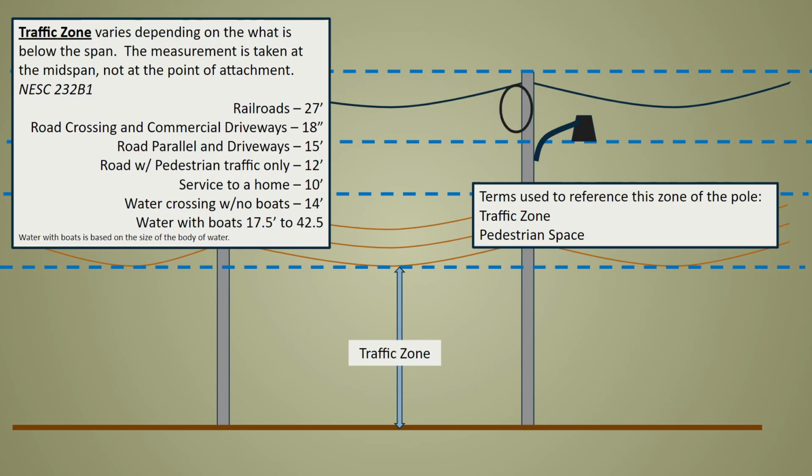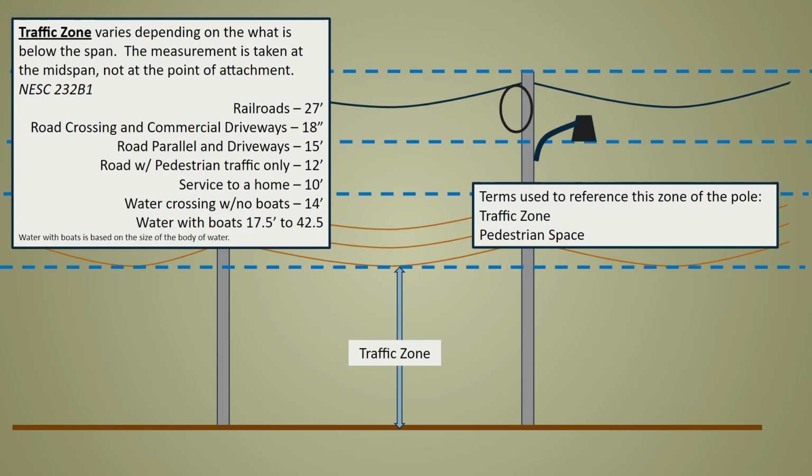Then we come to the final zone, which is your traffic zone. And this one's going to vary pretty wildly. If you're over a railroad, you should be at 27 feet. Now, there are some current attachments that are at 22 feet, but any new attachments should always be at 27 feet over the railroad, and that is from the top of the tracks up to the midspan. Now, if you're crossing commercial